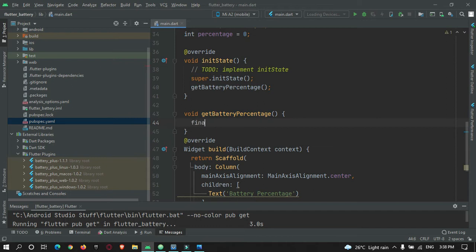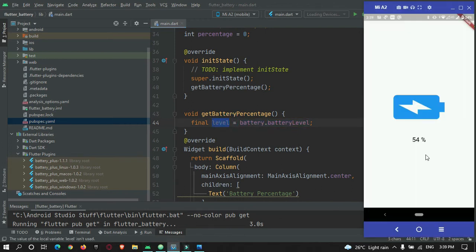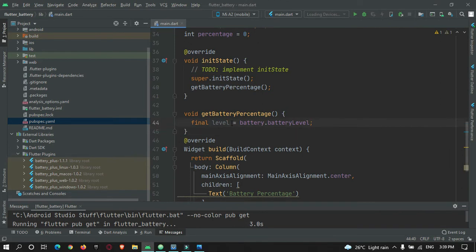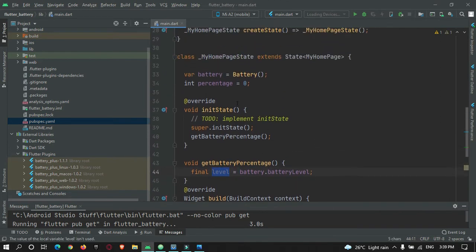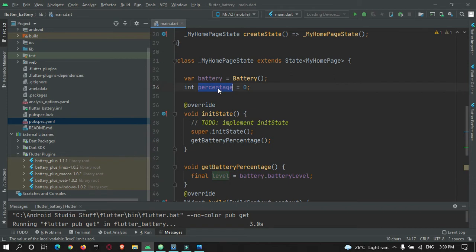So let's create a variable level, batteryLevel is equal to battery.batteryLevel. Okay, so now what this will return is our battery percentage. So this battery percentage will be stored in this variable, as you can see over here. So my charge is 54%, so you can see over here.